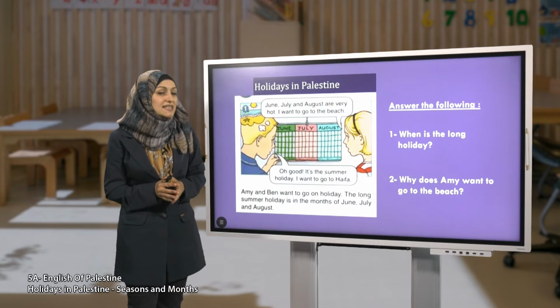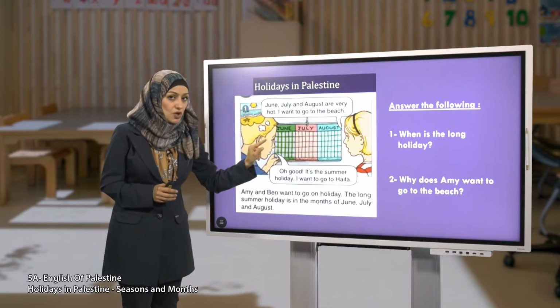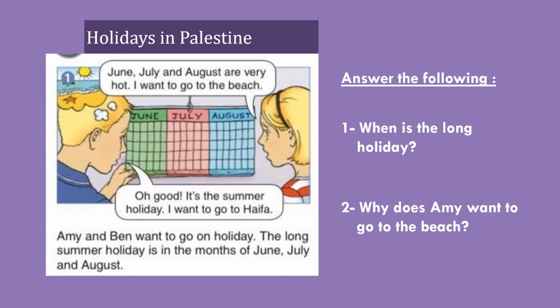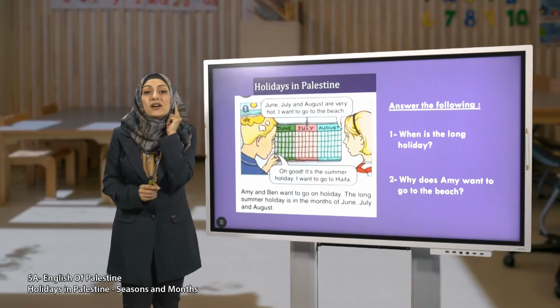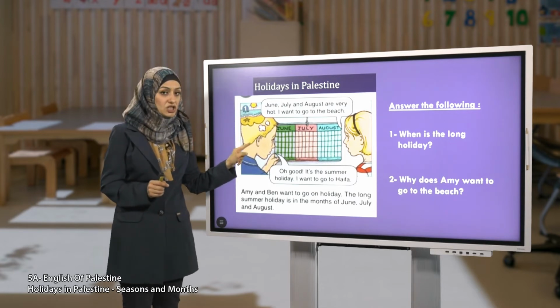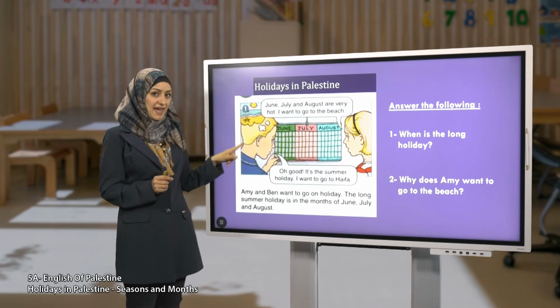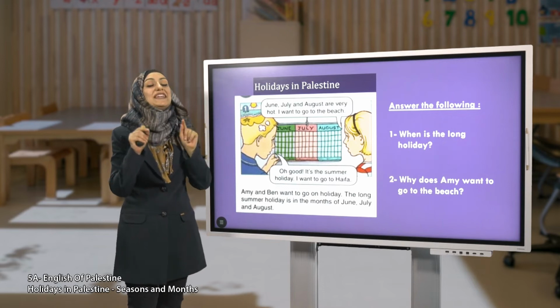Which month does the calendar show? It shows the months of summer. June, July, August. Now, I want you to listen carefully to the conversation between Amy and Ben so that we can answer